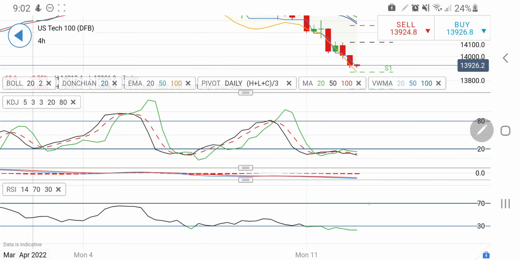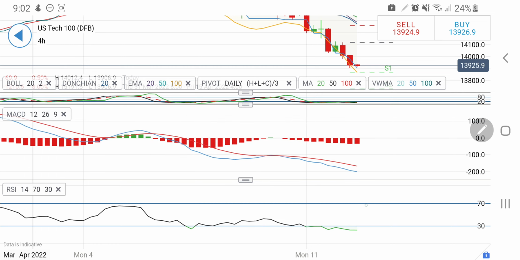However, the 4-hour stochastic is extremely oversold, sustaining in an oversold zone, and there is hardly any room left for US 100 to drop here on the 4-hour chart. That is what it appears. Hence a bounce back is a must, but the only confirmation of a reversal is above 14,000 and then 14,120 levels.